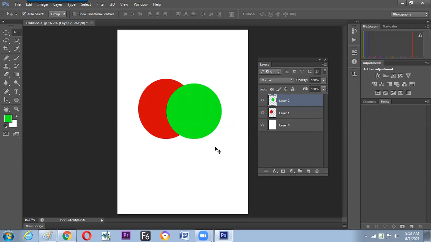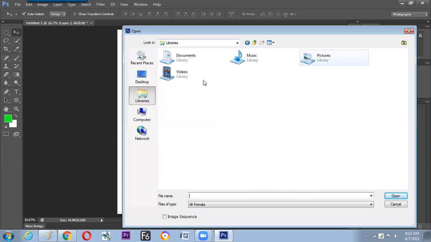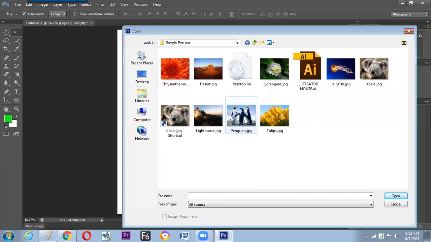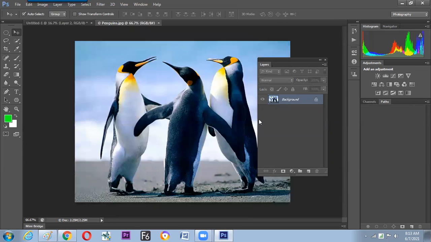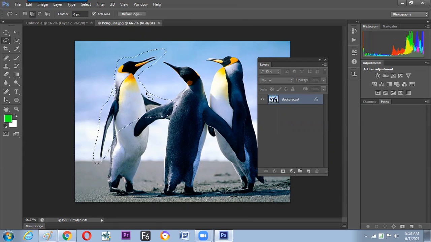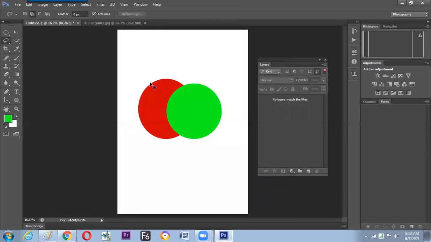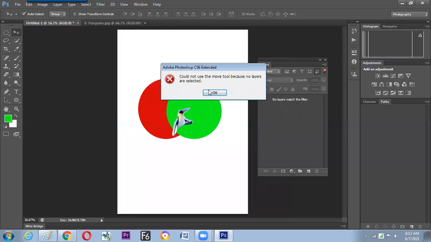We have seen in the last sessions how to make the photo get cut off. Yes, I can get it cut. Just roughly, I'm cutting it here to help us understand. And Control C and Control V. So we have copied and pasted.